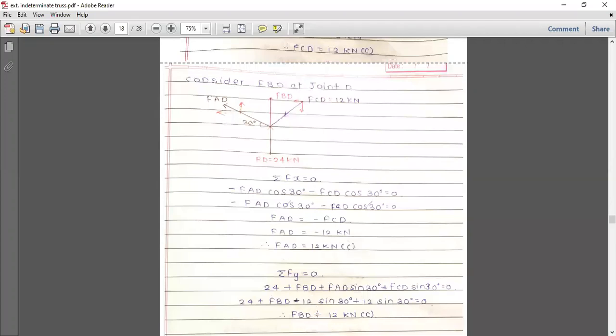Next we have got again FBD negative. Negative means the assumed direction is wrong, so we'll make the answer positive, and in the bracket we'll write its nature, and the nature is of course opposite of tensile, the nature will be compression. So we have written here the nature of force. Okay, so of course always you have to write the magnitude, unit and its nature.